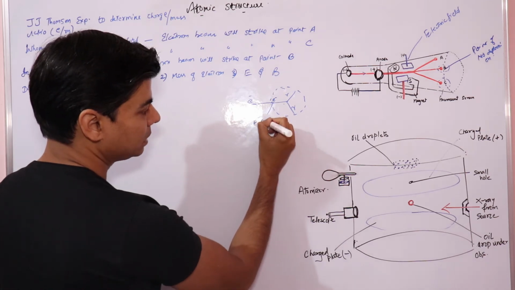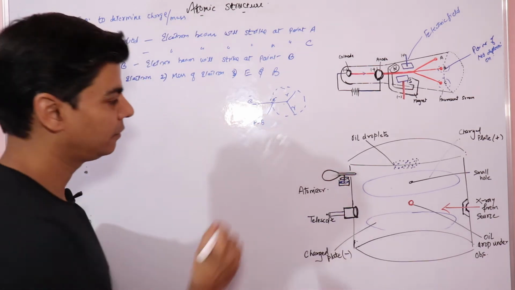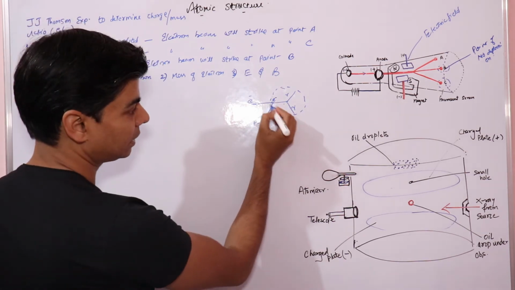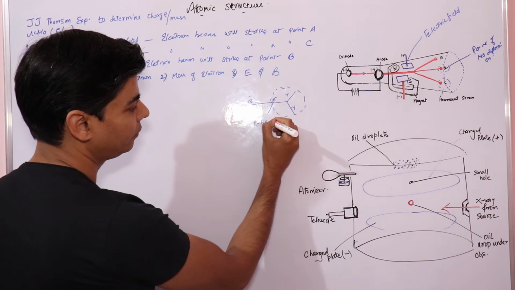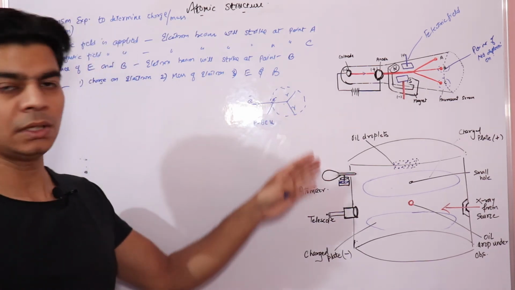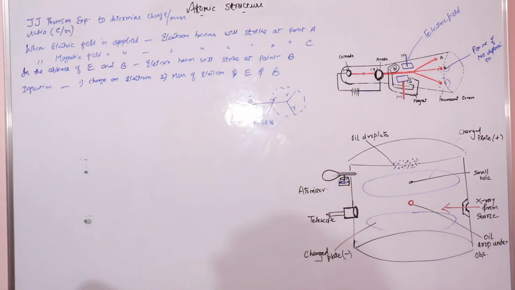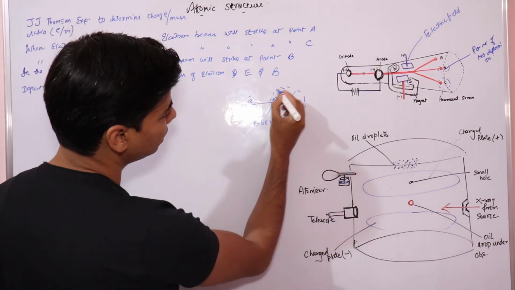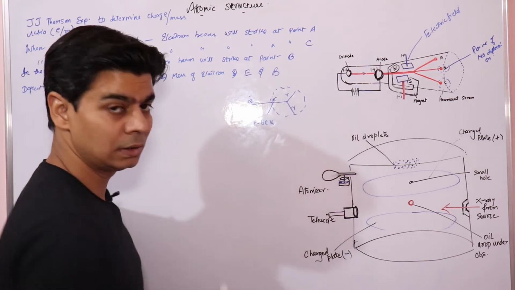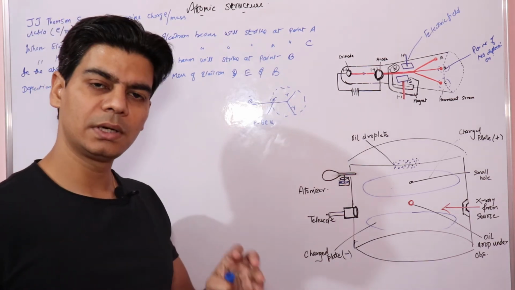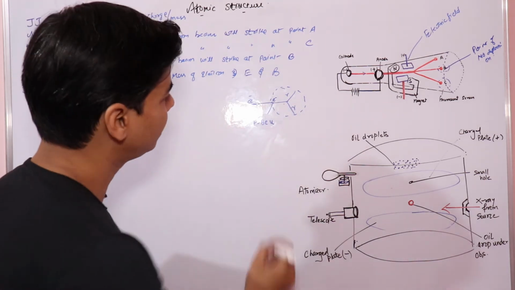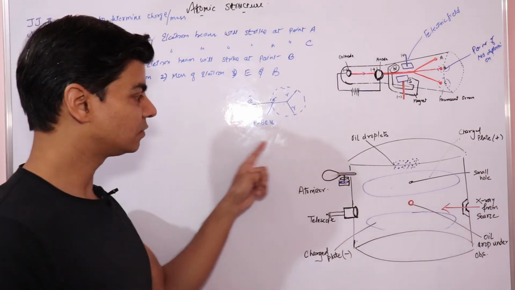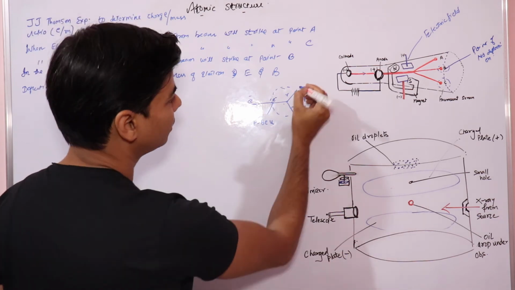B is the magnitude of the magnetic field, right? e is the charge on this electron which is rotating due to this magnetic field, and u is the velocity of this charged particle. And we know one thing from physics again, that when this particle is moving in a circle, it is also exerted by a centrifugal force, which will act in a direction opposite to the force exerted by the magnetic field.